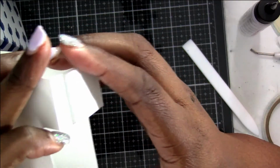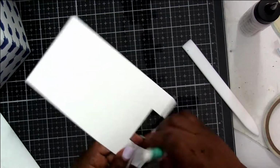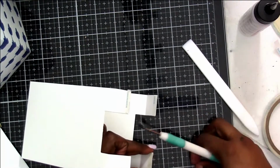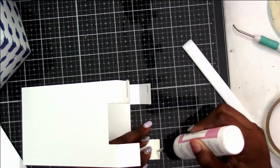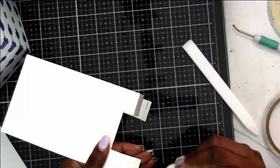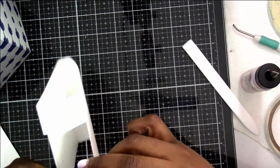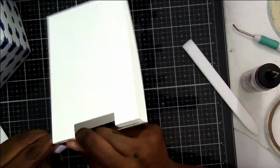So that way they'll cover like that. And the key is, you don't want to make it completely even. You could do it that way, but it'll be easier for it to tip over. You want this to stand or sit on the desktop very easily. And so as long as you